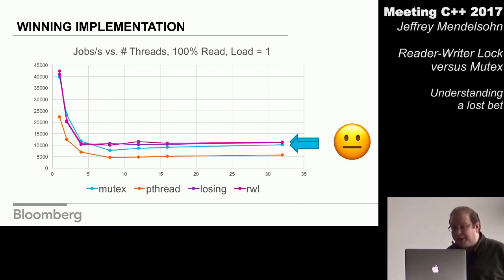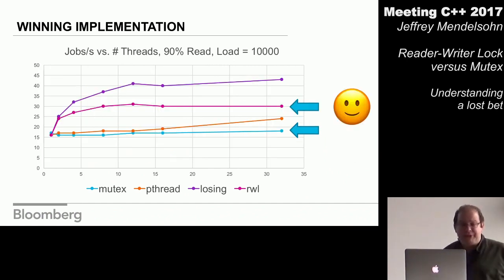So to recap, the new implementation did very well on 100% read workloads, and it really crushed the mutex on the very long hold times as we wanted. So moving down to the more interesting work, where we have 90% reads and 10% writes. We see no scalability again, even at the longest hold time.